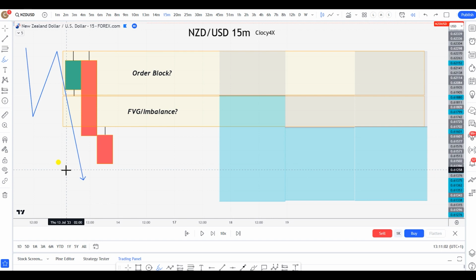Today I'm answering one of the highly requested questions, which is, should I trade from an order block or an imbalance? There has been a lot of debate among traders discussing whether one is more important than the other, and as always, I'll do my best to provide you with some logic and sense on which one is most important and why. Alright, so don't worry about it.